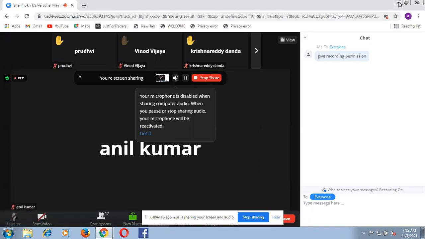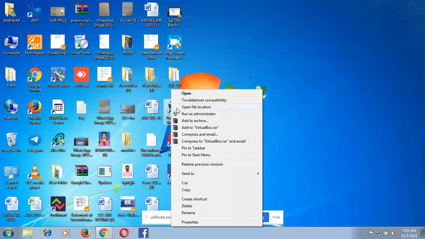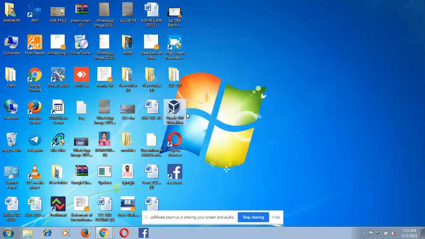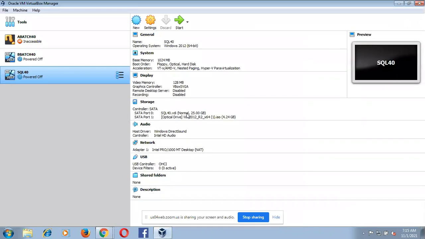I'm viewing Shankar's screen. I don't know why I'm getting echo sound. Shankar, just stop your screen share once.